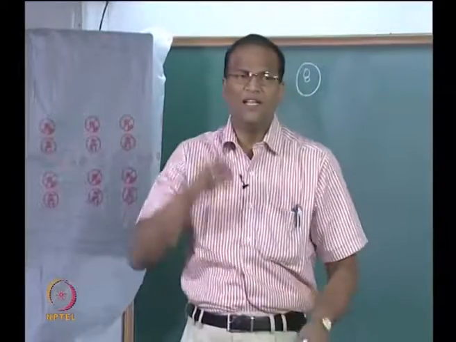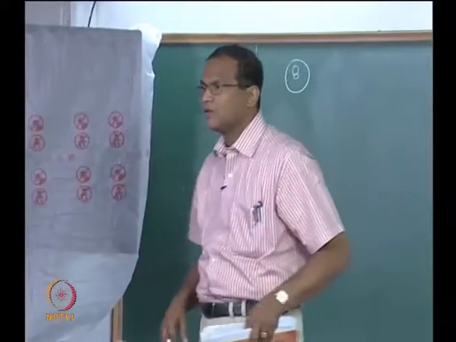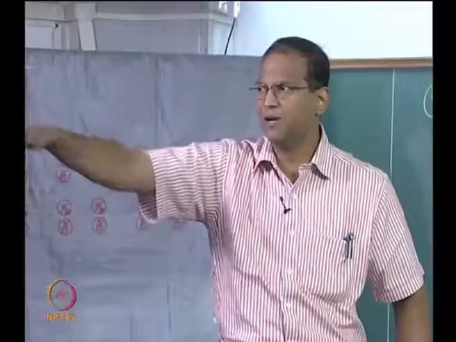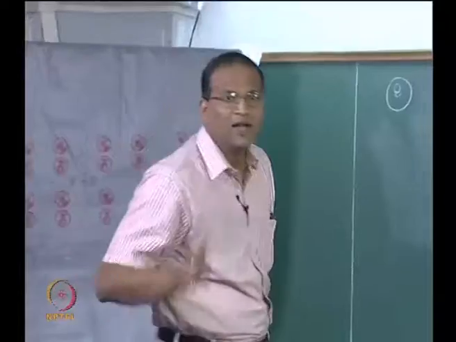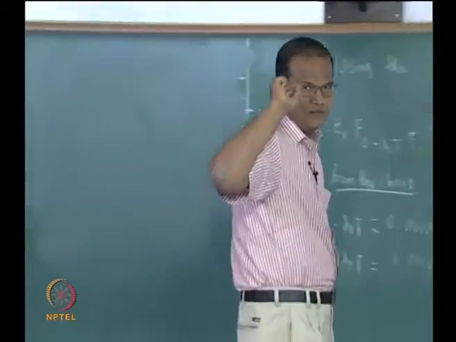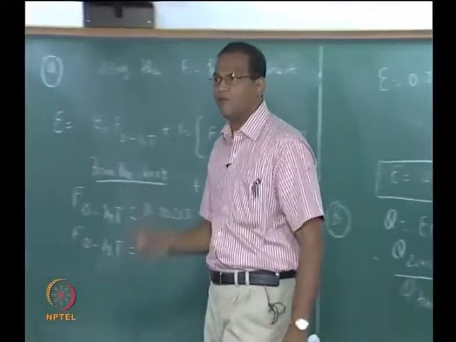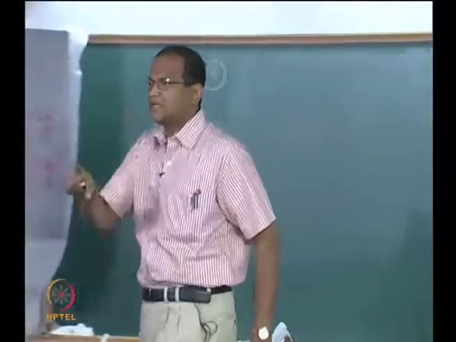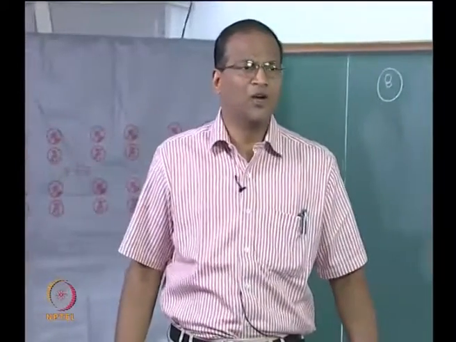What is the radiation emitted in the visible part of the spectrum? It depends on the black body fraction multiplied by sigma T to the power of 4, multiplied by the emissivity. Exactly. The radiation coming out of the bulb must be equal to sigma T to the power of 4 times the black body fraction corresponding to the 0.4 to 0.7 micrometer band, multiplied by the corresponding emissivity.